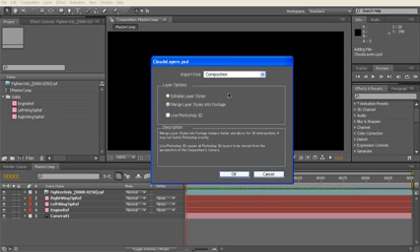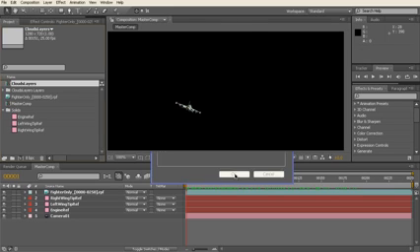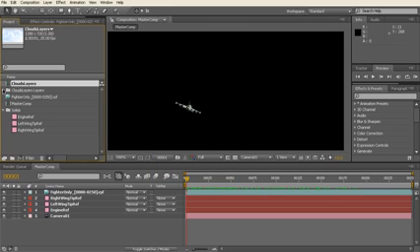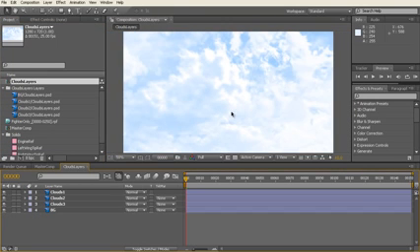Merge layer style into footage is what we want to use, because we want to use import kind composition, and we'll go OK. Now what that does is brings in these layers, and it also creates a composition. Now I'm just going to click on that composition just to show you what that